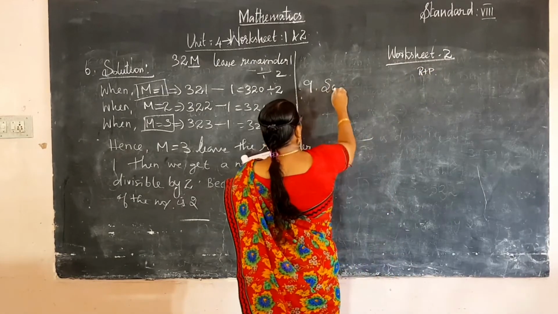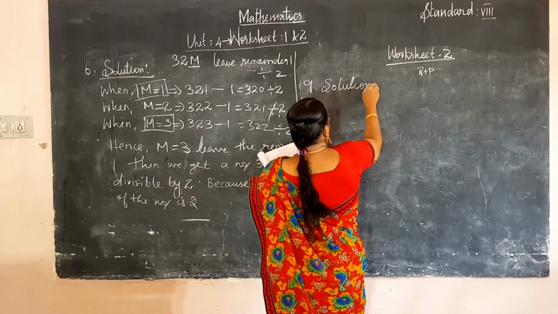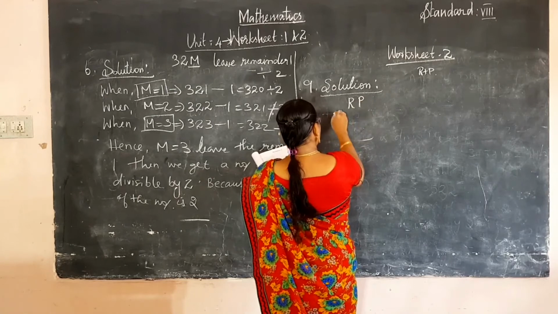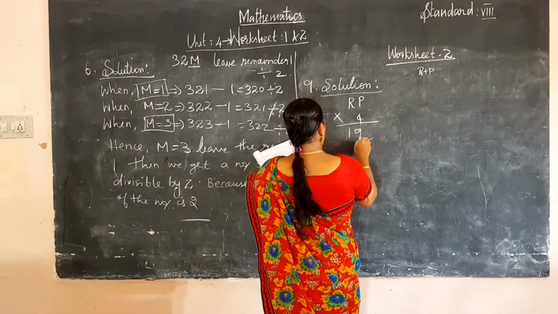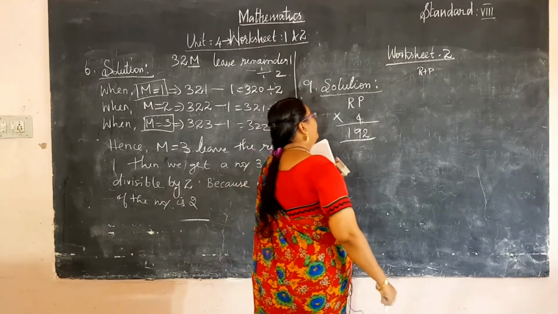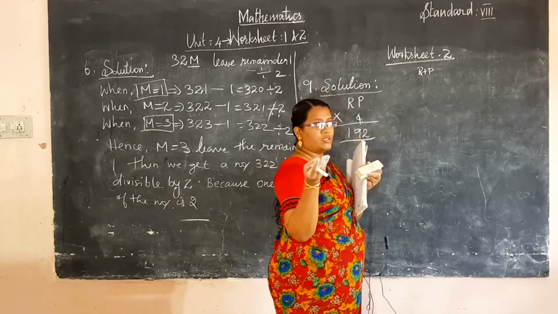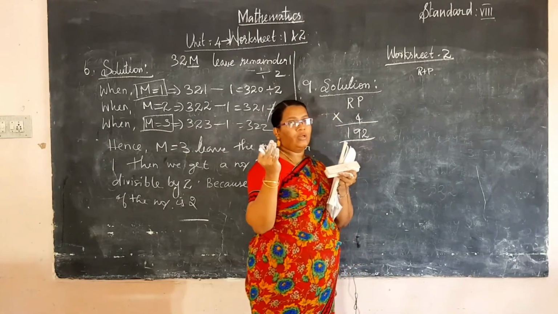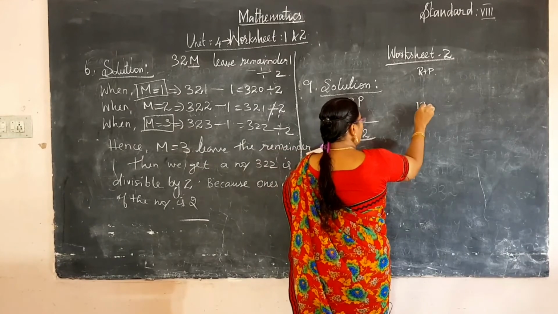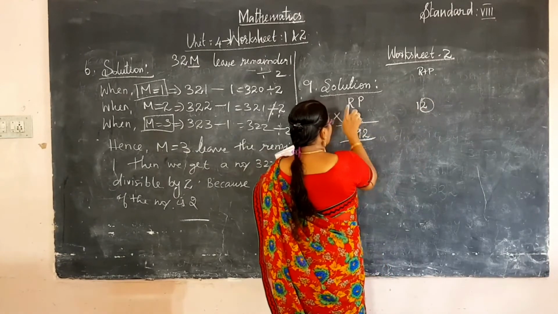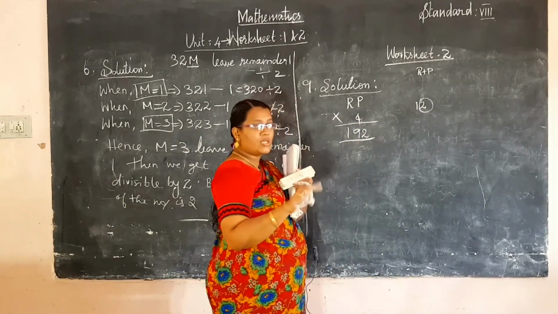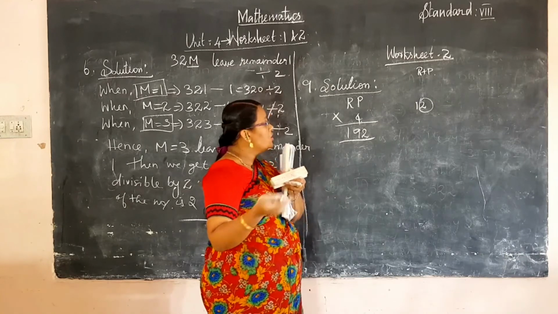Okay. R into P into 4, 192. So, which number multiply by 4, we get the ones digit is 2. So, 3 times of 4 is 12. Okay, 3 times of 4 is 12. So, ones digit is 2. Which number multiply? We get the value of 18. Is possible. 4 4s are 16, 4 5s are more than 20. So, it is not possible.